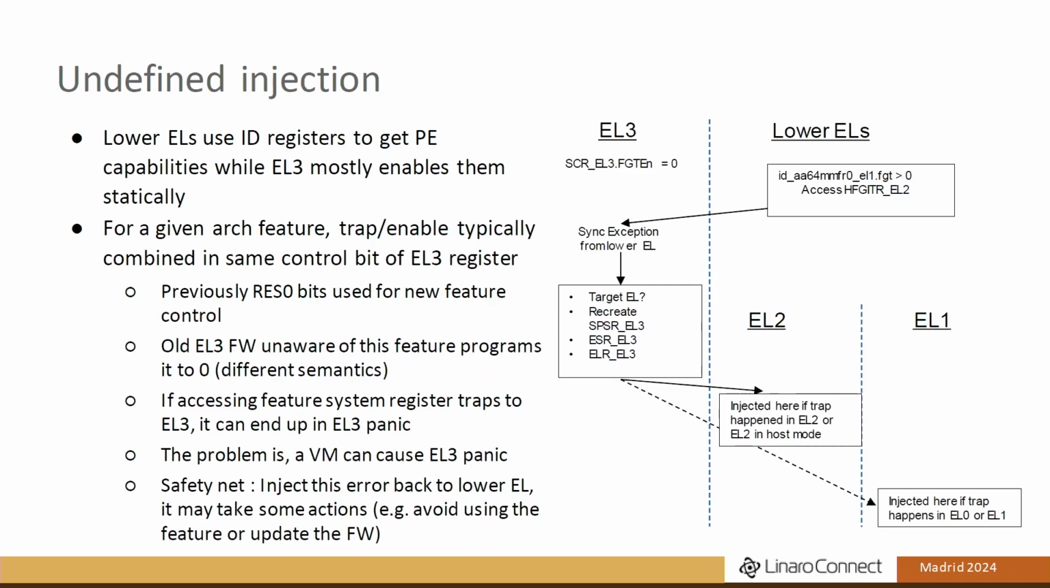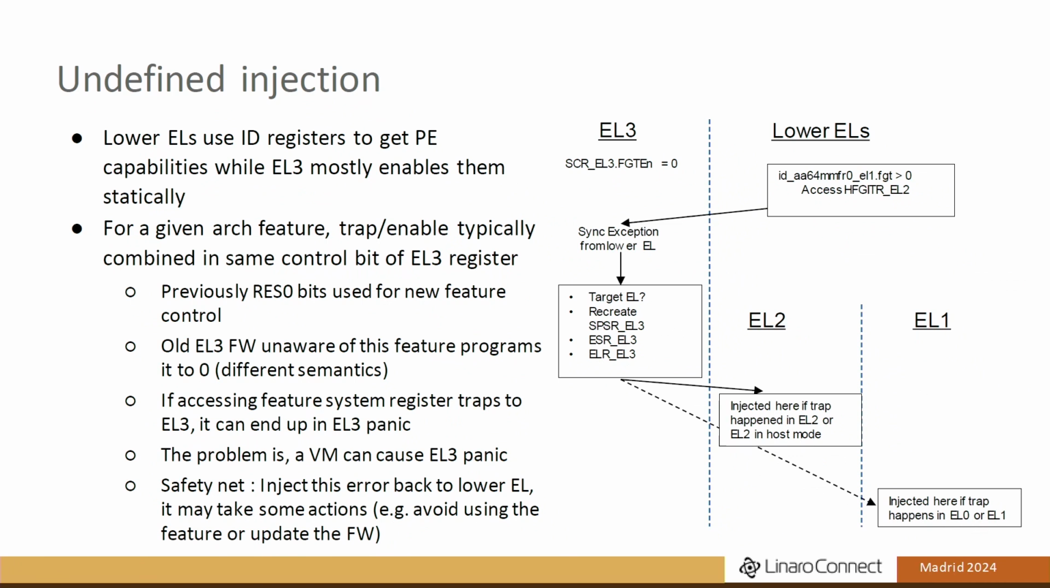The third one is undefined injection. This is very recent, maybe last few months ago. This came from one of the use cases from a partner. And this is not a proper solution. This is a safety net to catch the scenarios. So there is a disconnect between lower ELs and EL3 firmware. Lower ELs, EL2 and EL1, they generally use ID registers to figure out the capabilities of the PE, while EL3 is